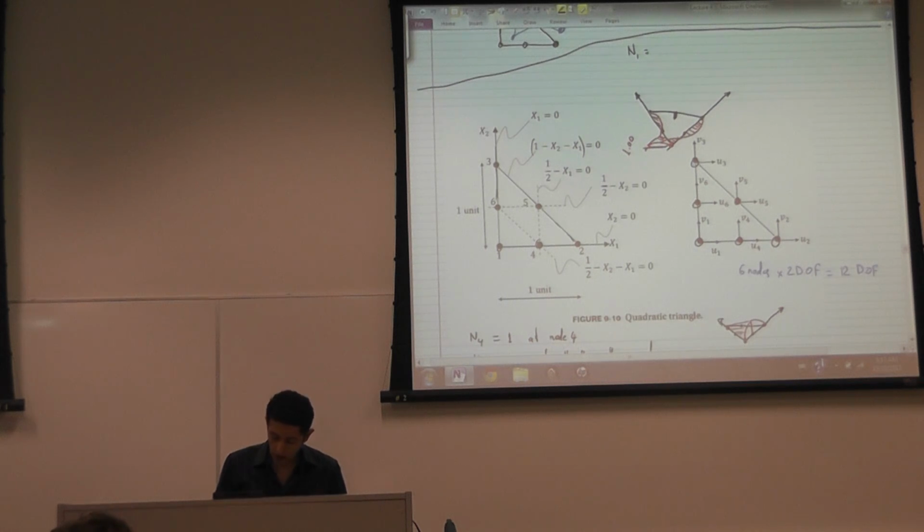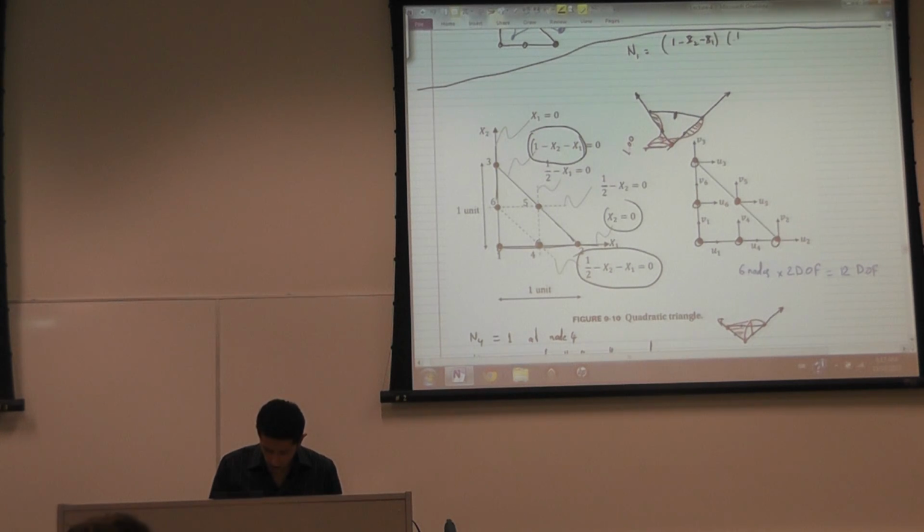And so n1 is realized as the multiplication of this line, which is x2, this line and this line. So 1 minus x2 minus x1